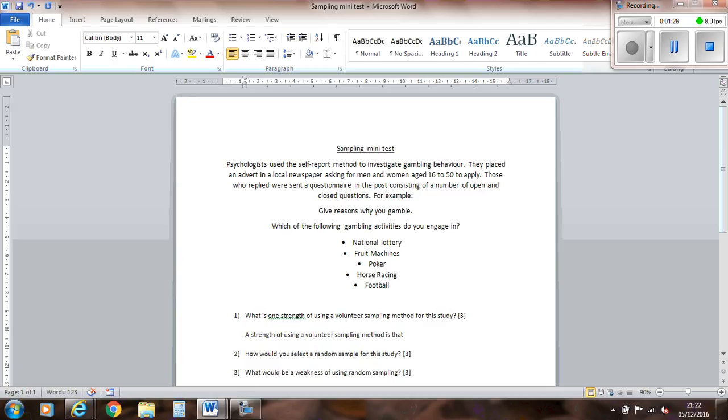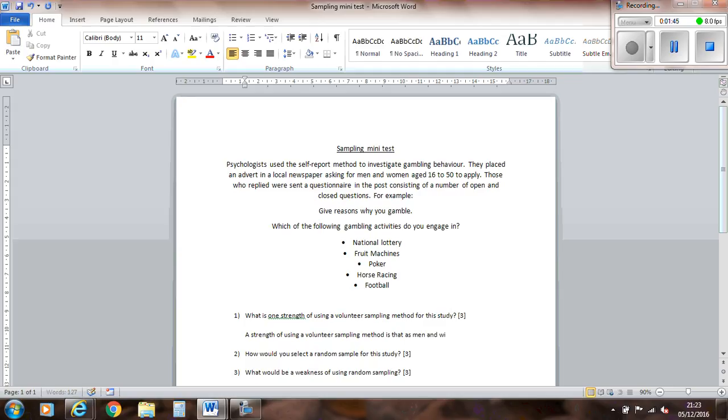You can say it's convenient because they come to you. You can say that. I'm just trying to think what the best one. Strength of volunteer sampling was, there's less chance of attrition. That's probably better. So, a strength of using a volunteer sample is that as